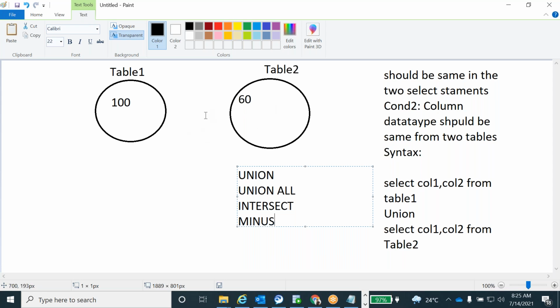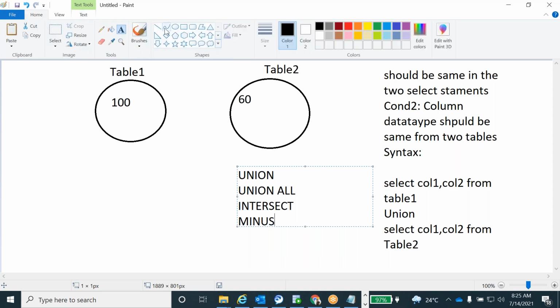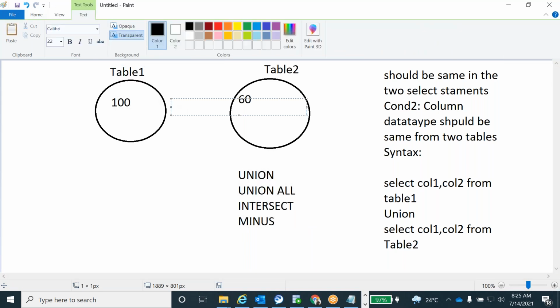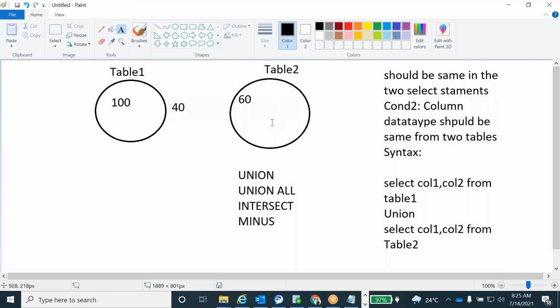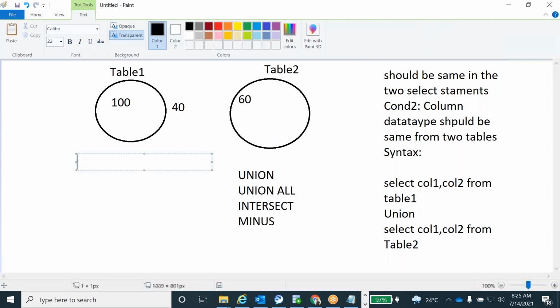The duplicate records, same records in both, maybe 40 records are the same, so in between the common records will be 40. Now if I execute the union, what is the output?